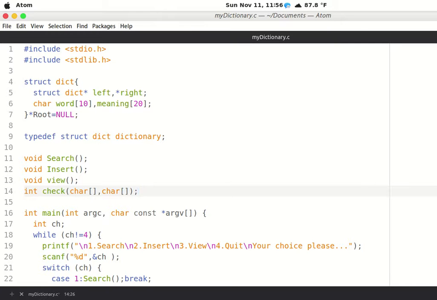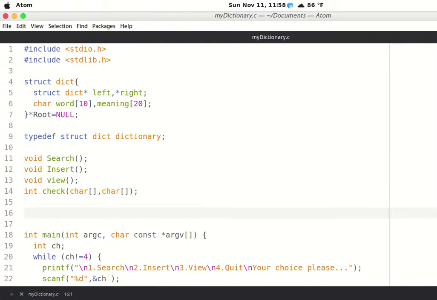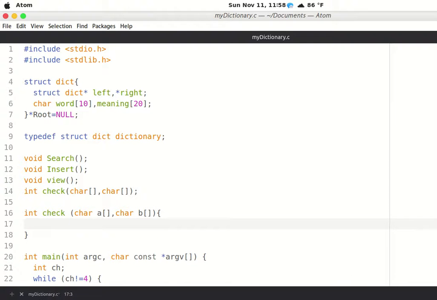Why depend on others when you can do it yourself? So now let's code it out. Firstly, let's code the check function. Check, say these are the arguments. Okay, so